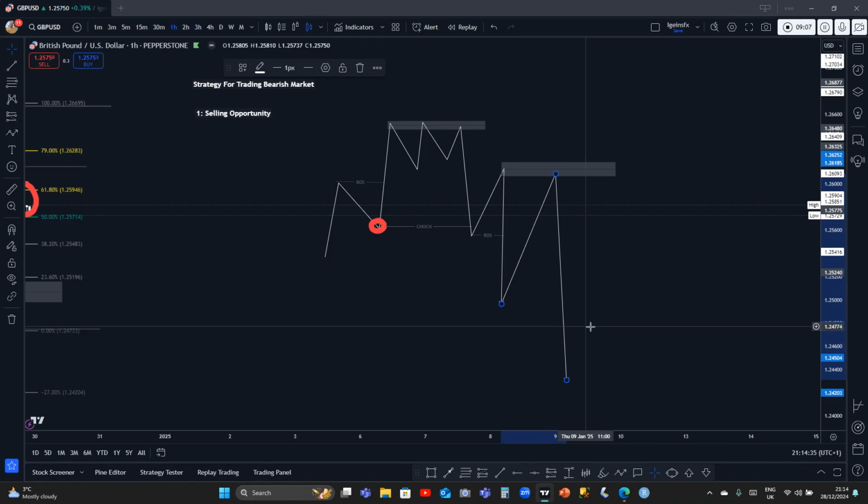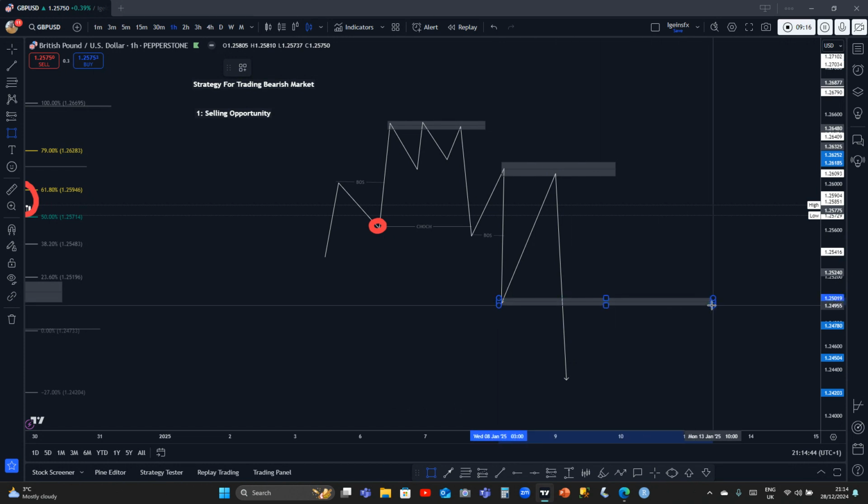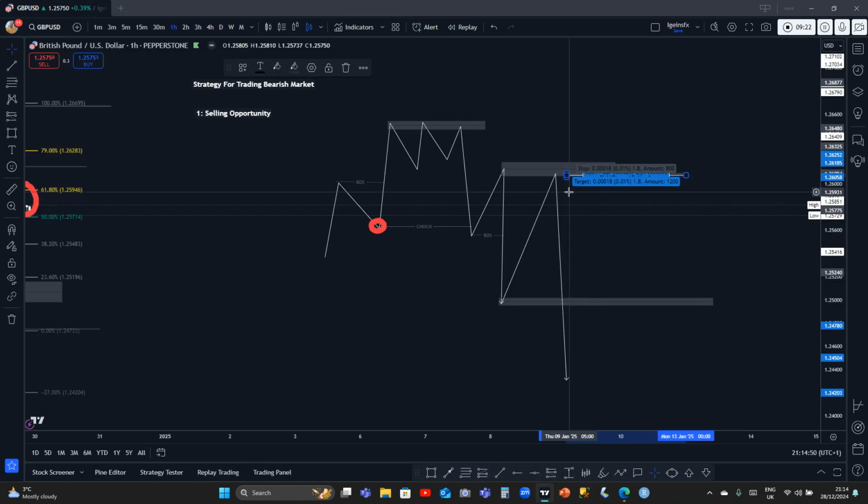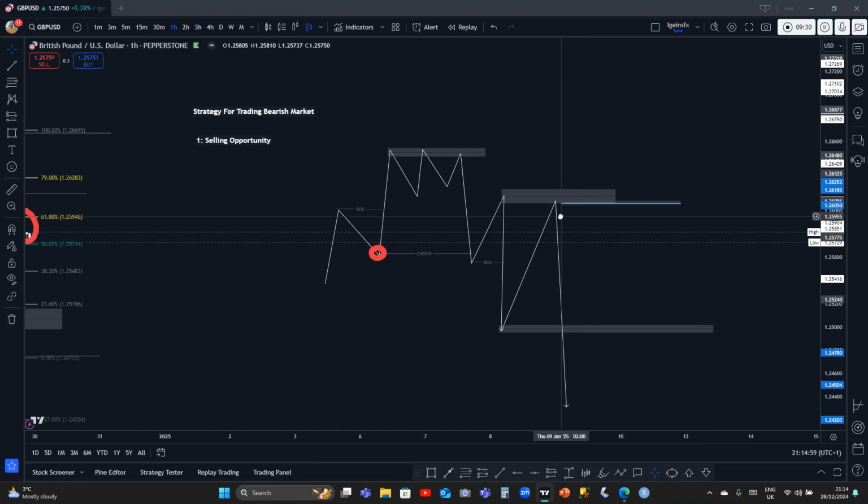And where should you be targeting? You should be targeting this high here, the weak high. Target the weak high. It's very important. Once you target the weak high, you just take your